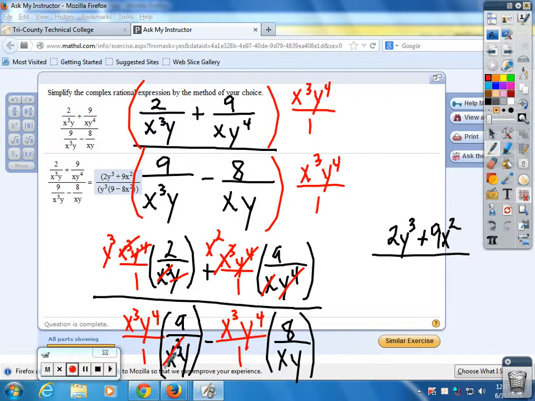X cubed cancels. That'll leave a y in the third. X cancels here, leaves an x squared. Y cancels, that leaves a y cubed. So down on the bottom, we got 9y cubed